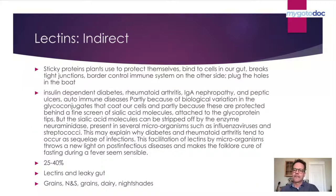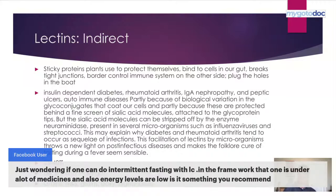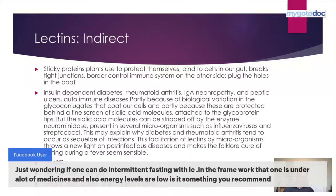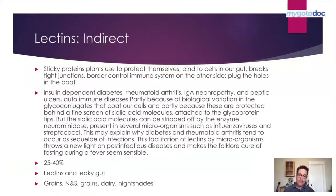Let's see here. Let me try to tackle another question here. Just wondering if one can do intermittent fasting with long COVID. Yes, absolutely. And I briefly mentioned earlier that performing intermittent fasting, whether it's on a 16 to 8 schedule or a 20 to 4 schedule,